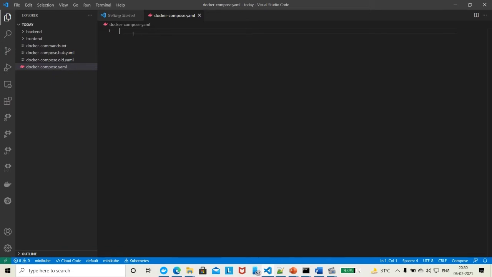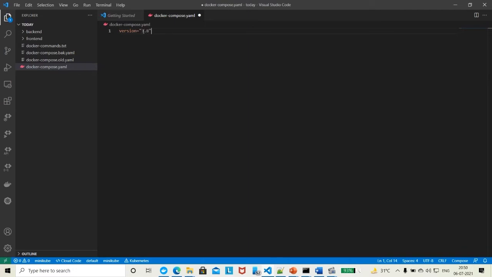Here the first thing is we will put the compose version we are using, because compose versions are specifications and standards available on the Docker Hub website. There we can see what facilities are available. The latest version which I will be using is 3.8. So I will just give the version over here.